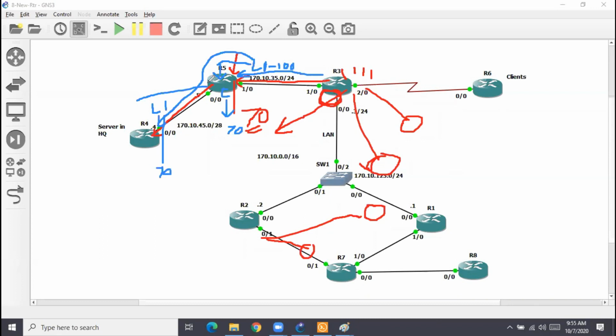Why is OSPF convergence fast? Because everybody starts doing the calculation simultaneously. Every router just makes a copy. It's not like updating itself first and then forwarding. Distance vector routing protocols update themselves first. They update their database, then they forward next. No, here you receive something new, make a copy, forward. Then you start working. The others also will simultaneously start working.